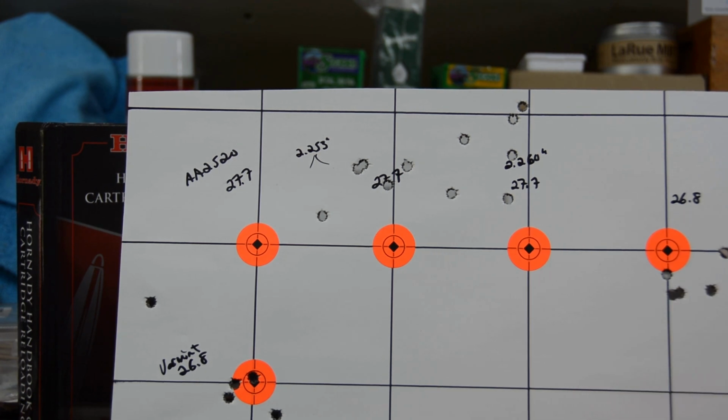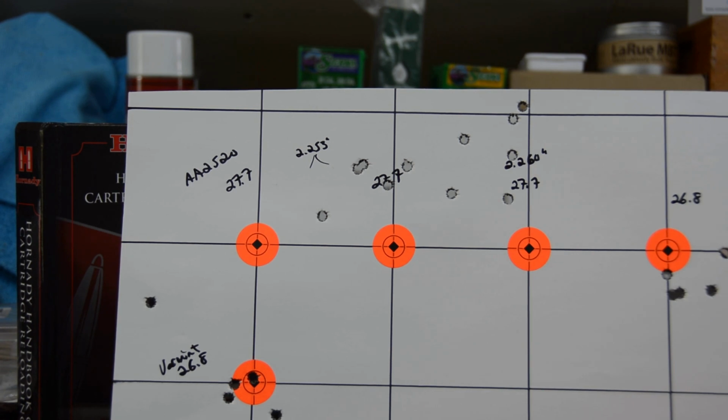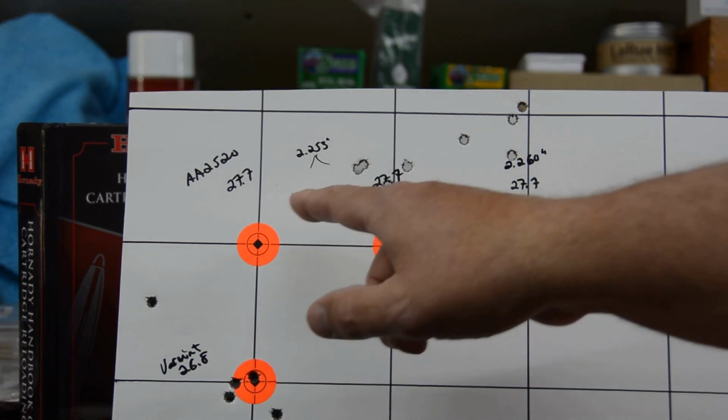That's a result of squaring the receiver, taking the barrel out, retorquing it, bedding it, and retorquing it to a different value. Everything, point of impact, changes. It just surprised me that much, but hey, I guess you find out that's what it does. So it's literally what it did. Then I walked the bullets back up here, and finally